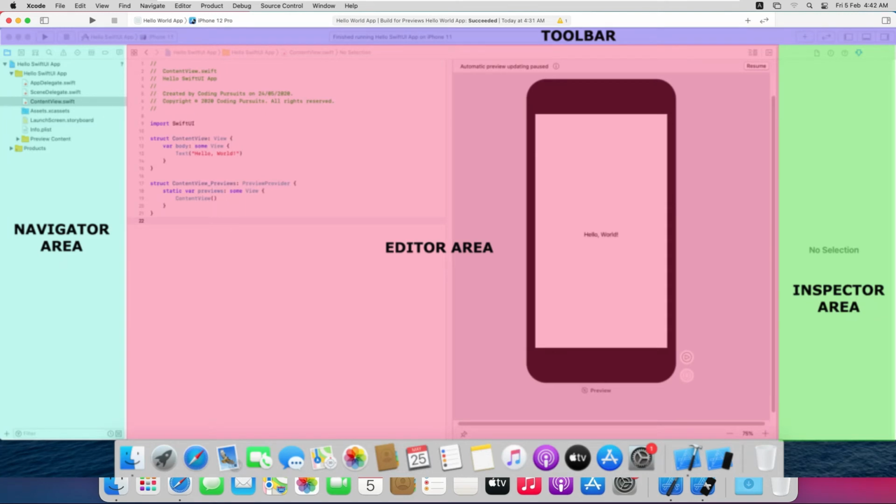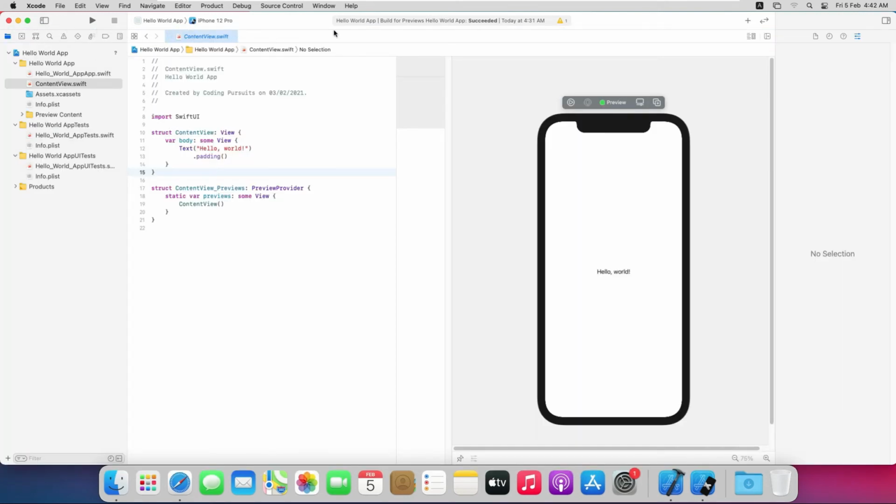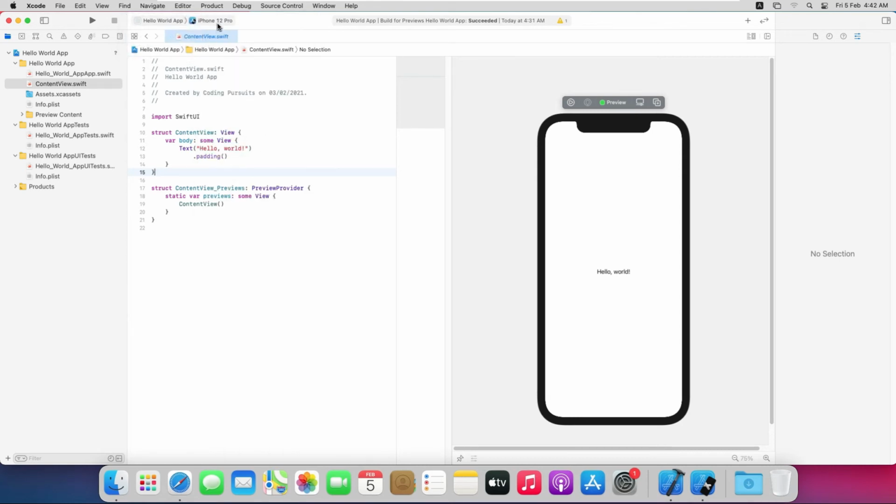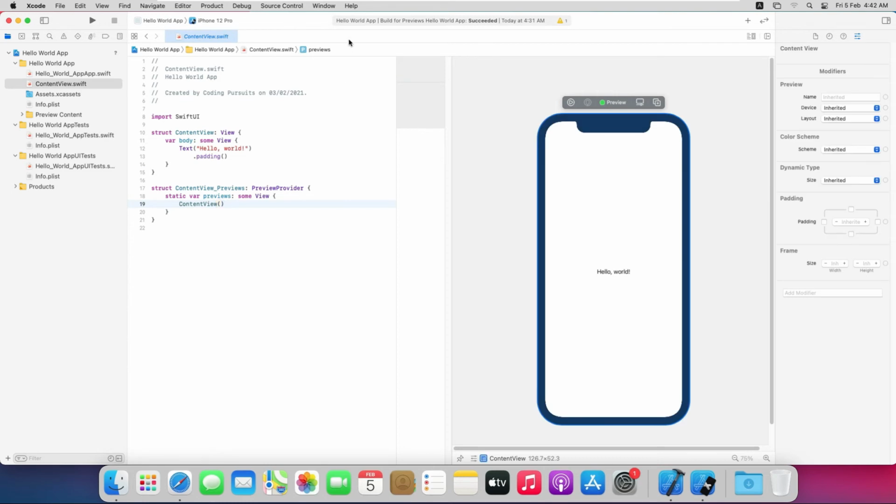Toolbar area. It is located at the top of Xcode. It has a set of different vital tools and buttons, which control the complete Xcode. Run button. We can run or build our project by clicking on it. Schema button. We can select our project schema on the desired device. Currently we have iPhone 12 Pro selected. We can change it. Status string. Very next to this we have the status string of the activity being performed. It is saying it has finished running this Hello World project.